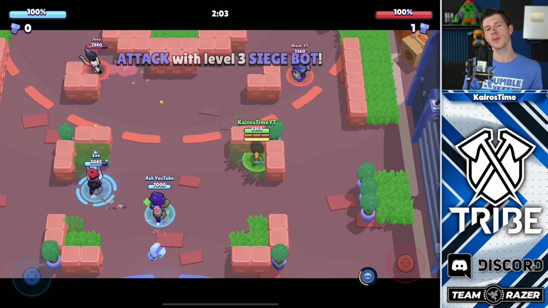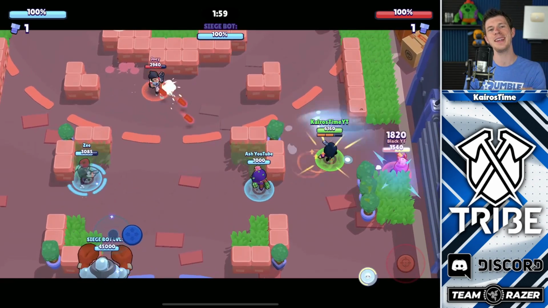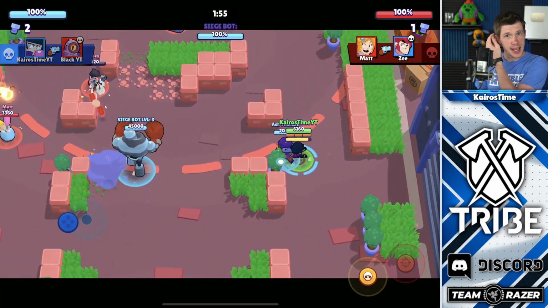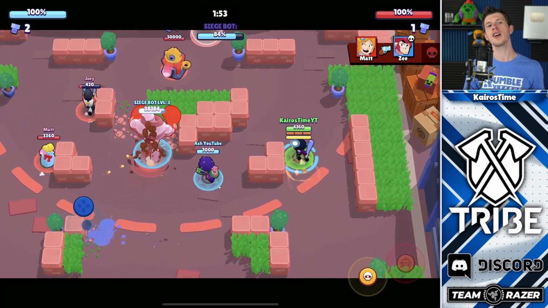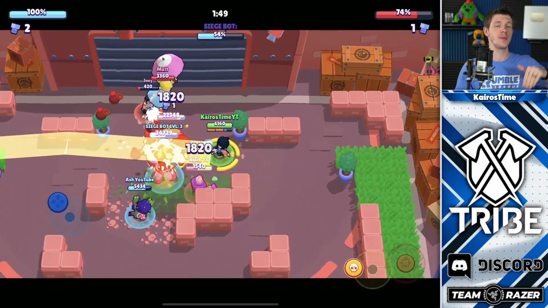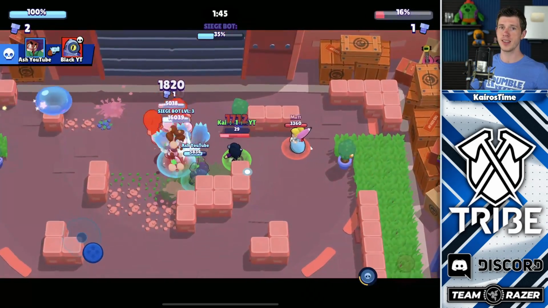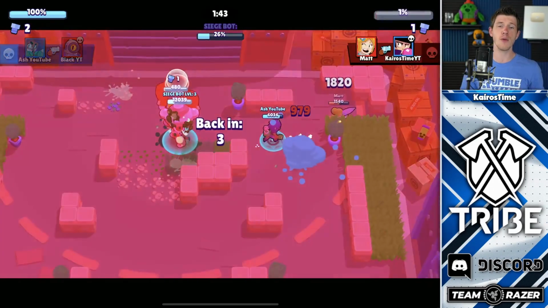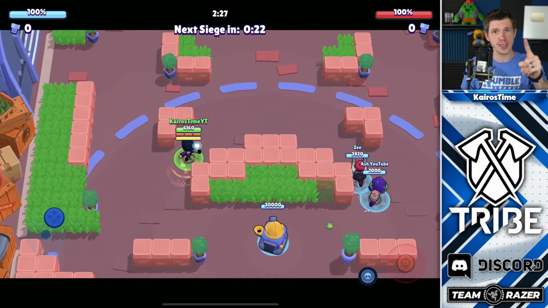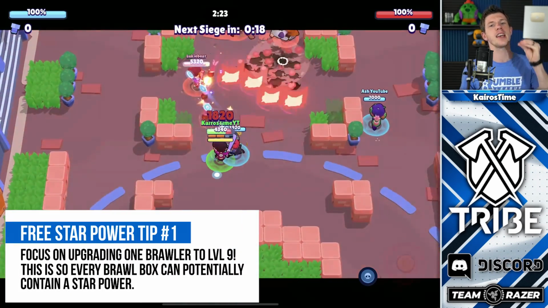Now, it will take a little bit of planning and some patience in order for you to accomplish this, but you can greatly speed up your progression if you follow these tips. Absolutely fundamental to all of this is that in order for you to get a free star power, one of your brawlers has to be at level 9, and you want to be able to start unlocking these free star powers sooner than later, because for every free star power that you get, that will actually save you over 2 weeks of progression time. So my first tip is to focus on upgrading one brawler to level 9 as soon